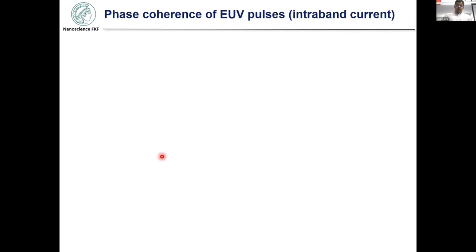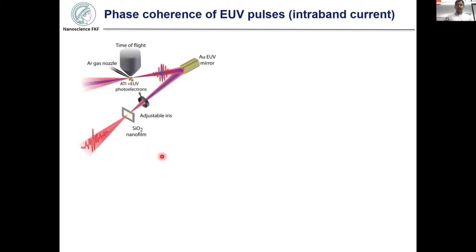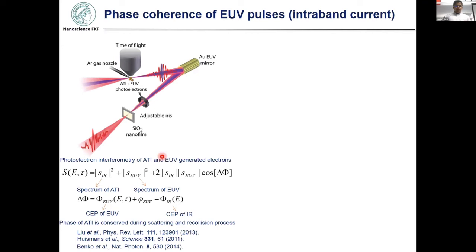Now, before we go on to retrieve some quantities which are related to the currents that we are inducing in solids, we have to be very sure about the phase coherence of these currents that we are generating. So every laser pulse should generate an identical current in our experiment. In other words, all the EUV emission that we are generating should be phase coherent. Now, how do we do that? We have done this by performing photoelectron interferometry. In this photoelectron interferometry, we look into the interference of two kinds of electrons.